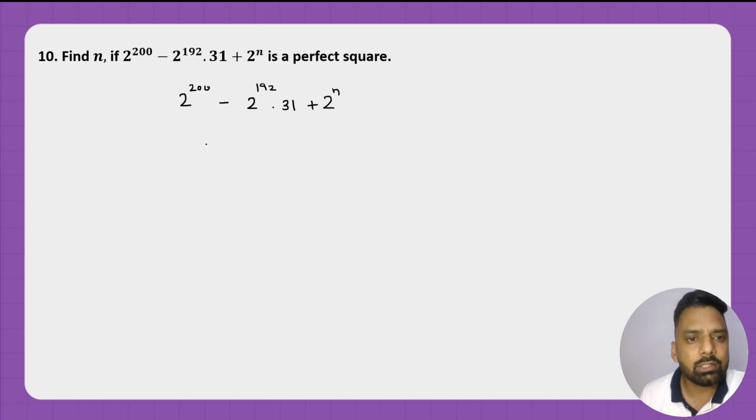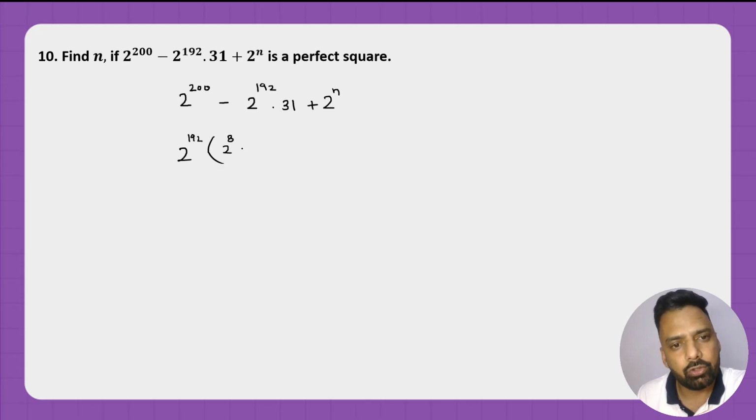We want this to be a perfect square. ठीक है, ये जो पूरा नंबर है इसे अपने को एक परफेक्ट स्क्वायर बनाना है. ओके, तो लेट्स सी हम इसको परफेक्ट स्क्वायर कैसे बना सकते हैं. यहाँ पे है प्लस 2 to the power n. आउट ऑफ दीज टू नंबर्स आई कैन टेक 2 की पावर 192 कॉमन. राइट, तो 2 की पावर 200 में से यहाँ पे 2 की पावर 8 बचने वाला है, माइनस 31 बचेगा,